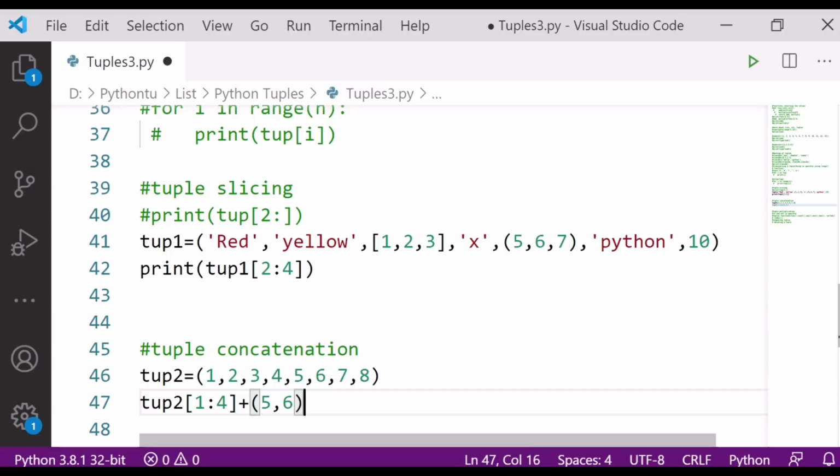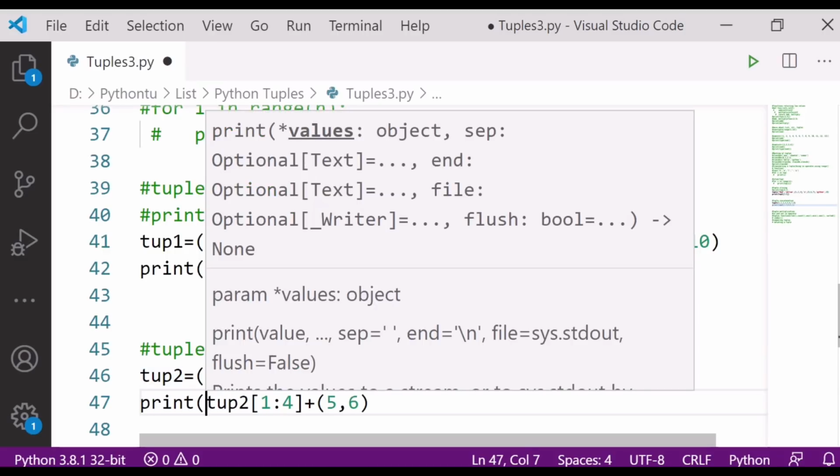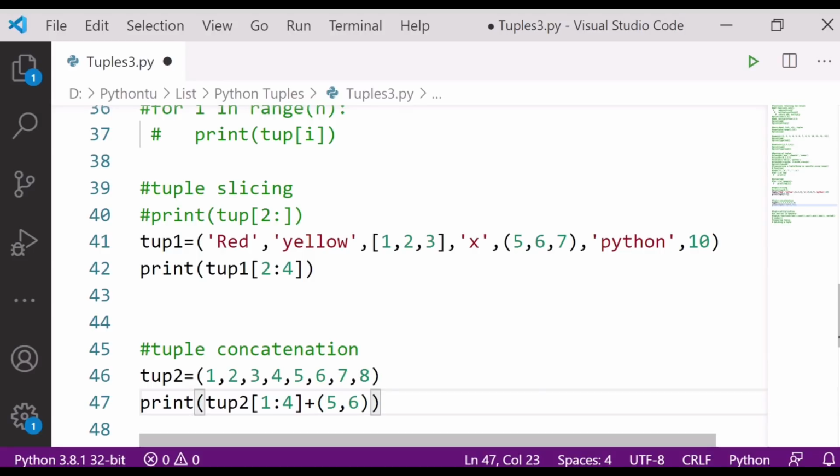Simple. Okay, so let's see what will happen. Let me write here print. Okay, Control S.